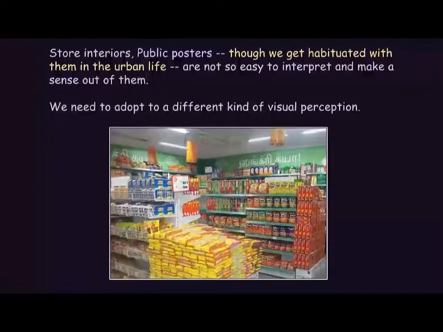So, the visual perception with which we are supposed to make meaning out of these popular visual imageries is supposed to be there, or supposed to be acquired by us very fast and perhaps unconsciously. So, we need to adapt to a different kind of visual perception. The kind of visual perception with which we are generally used to in our daily life, in our painting, in other forms of art, will not be very suitable to understand the popular visual images.